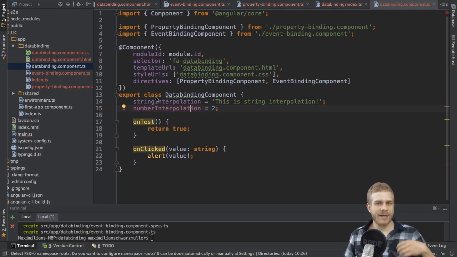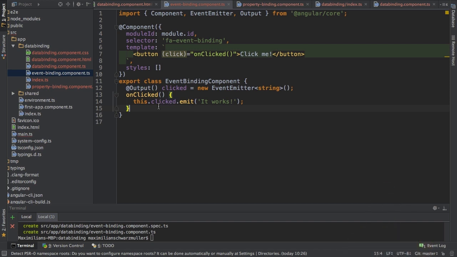For both input and output, so property and event binding, there are some additions to the syntax you already learned. For event binding, the @Output here can take an argument of type string where you might specify a different name which can be used outside of this component. So internally, this property is named clicked. But let's say outside of this, so in the component listening to the event, you want to name this